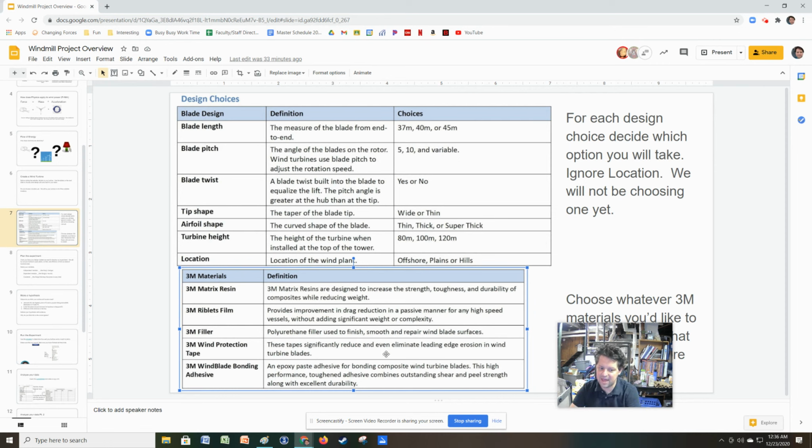So I get to pick these 5 things. Do I want to add any of them, all of them, none of them? I get to pick. So kind of see what you think works and what doesn't. And again, you might just be guessing, but you can make a reasonable guess at how many of those you think will be worth it. And that's how I'm going to design my windmill. So do all of that before you run the simulation. Pick your pieces and put them into the slide,